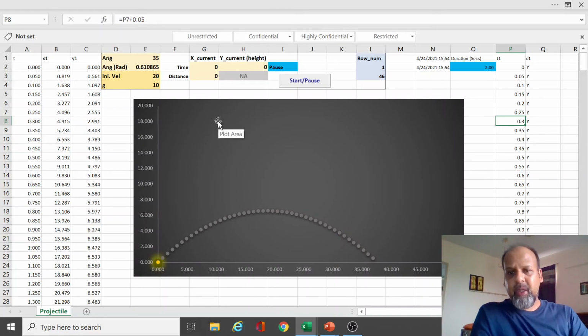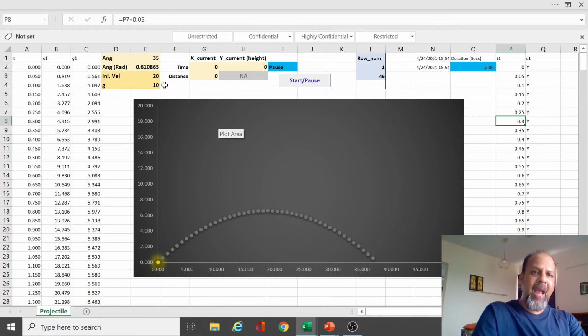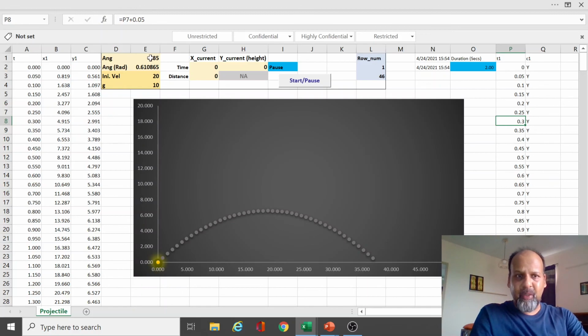Okay, so what you can do is I'll send a link to this Excel file. You can download the file for yourself, play with it, and try to break it. You can put in some weird angles, some weird velocity. You can even change g, and you can definitely break this Excel. But what I would request you is to actually work with it, improve it. You can change the x-axis, y-axis. You can improve some of the formulas and work with it. Thank you so much.